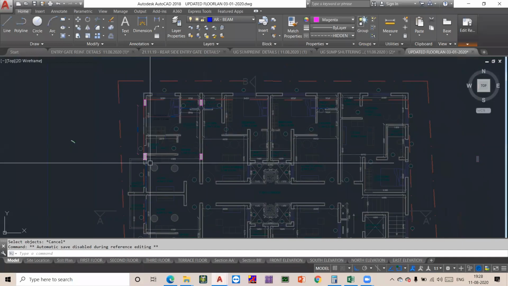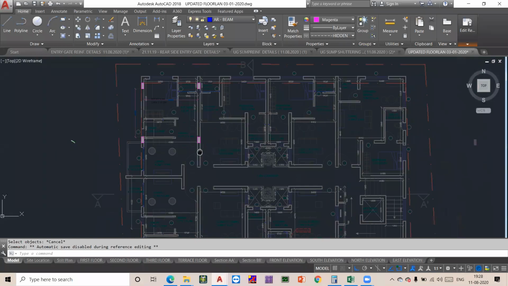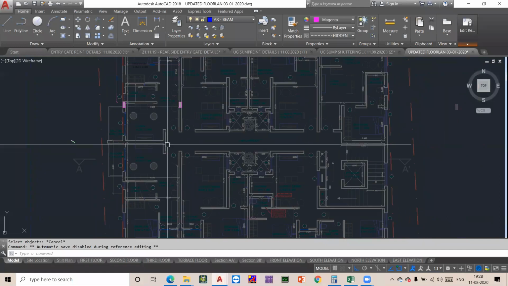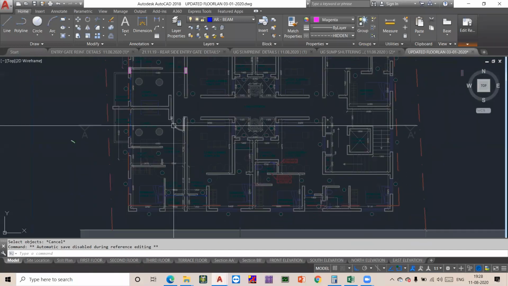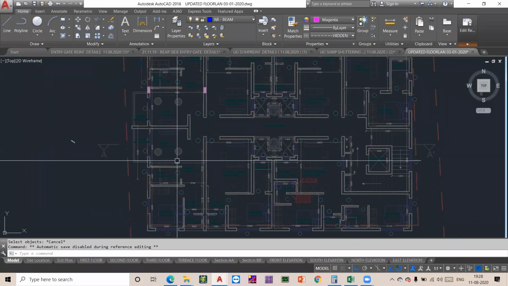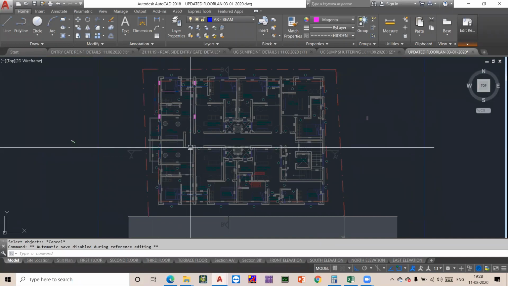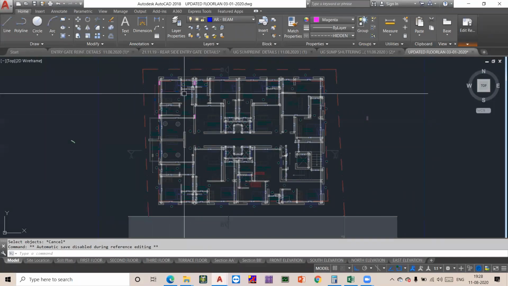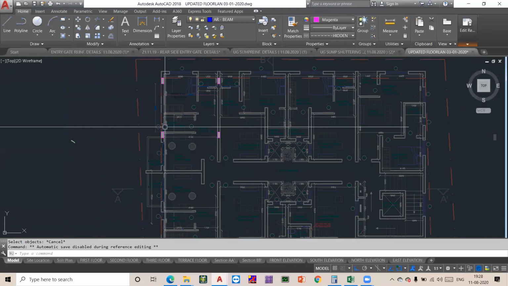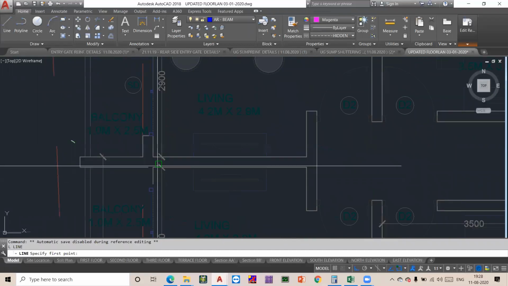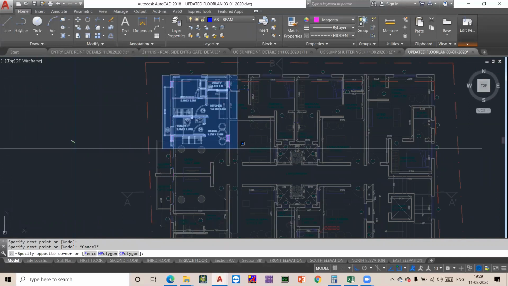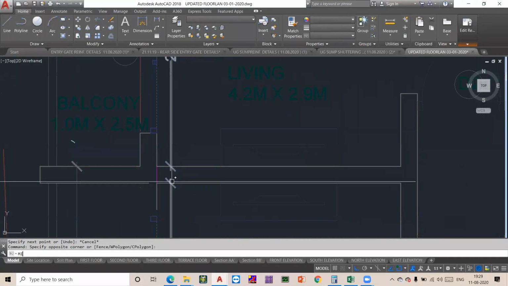So we have positioned 4 of our columns here. Next, this unit is also very much identical. If you notice here, this unit is a mirror of the other. Okay, it is almost a mirror of the other, and hence you can do one thing. You can just mirror in those 4 columns. Select those 4 columns, mirror.